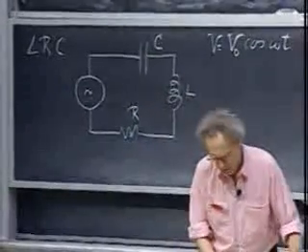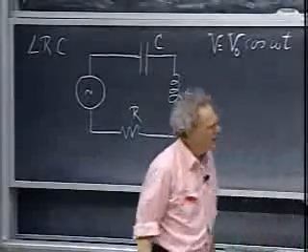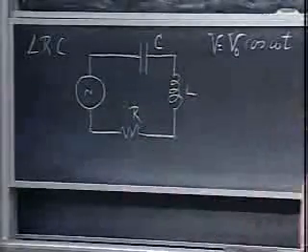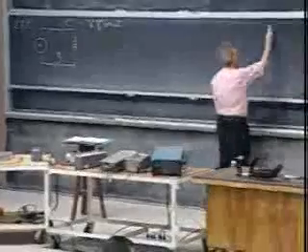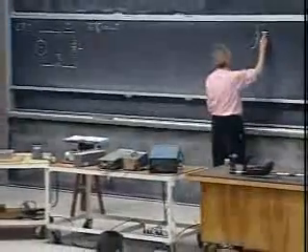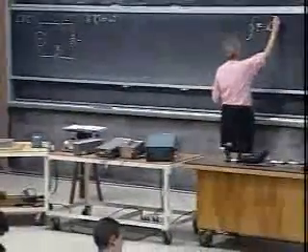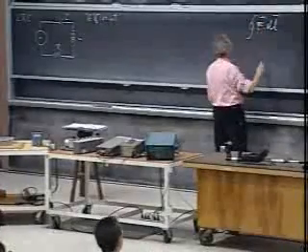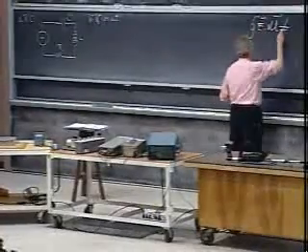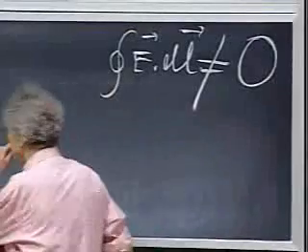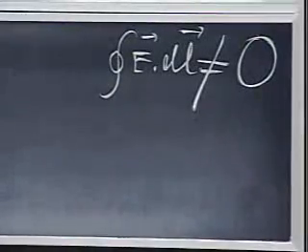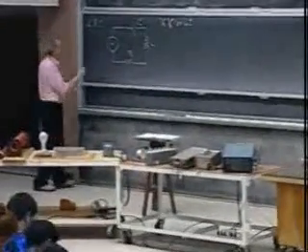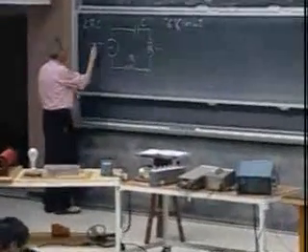We have to set up the differential equation for this, and I want to remind you that Kirchhoff's loop rule does not hold. So the closed loop integral of E dot dl, in spite of what the author of your book wants you to believe, is not zero. So how do we set it up? There are various ways that you can do that. I have my own discipline. In my mind, I think of this first being a